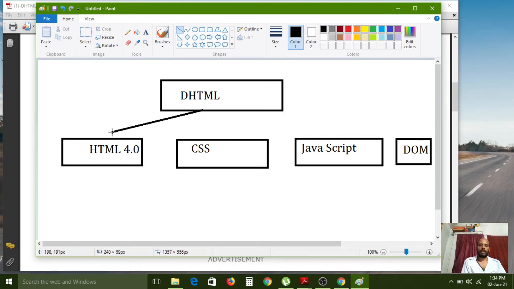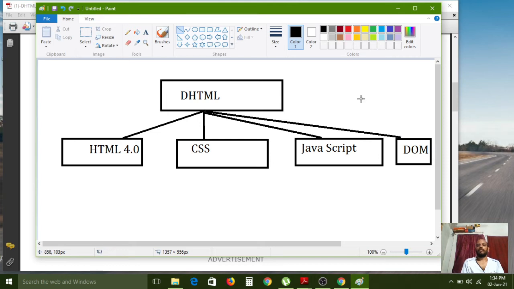If you want to add more than these 4, then you can add, no problem. Nothing but this one. DHTML is a combination of these 4 technologies.